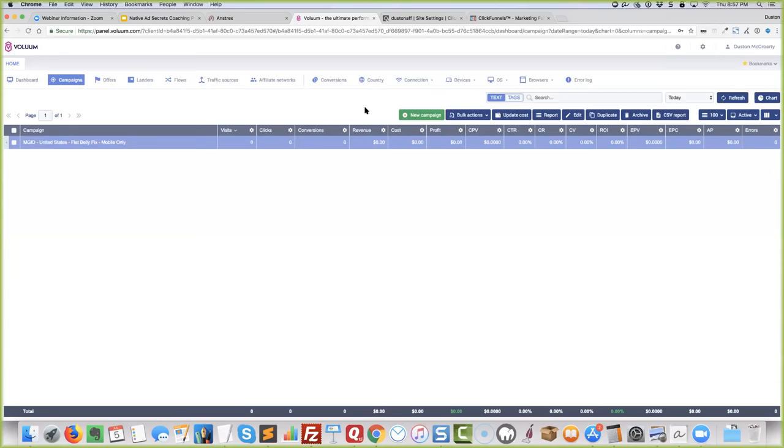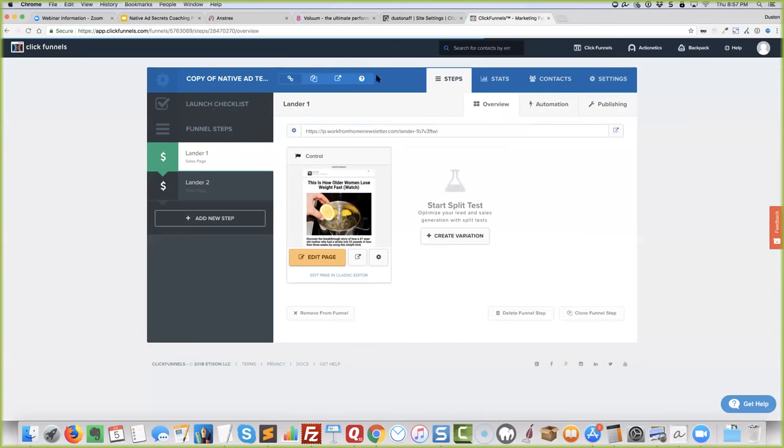Why would you need 2 landers in volume? That's a good question. I usually always run 2, it's for split testing, man. It's trying to figure out which landing page is going to convert the most, which is going to get the most clicks. So let me pull up